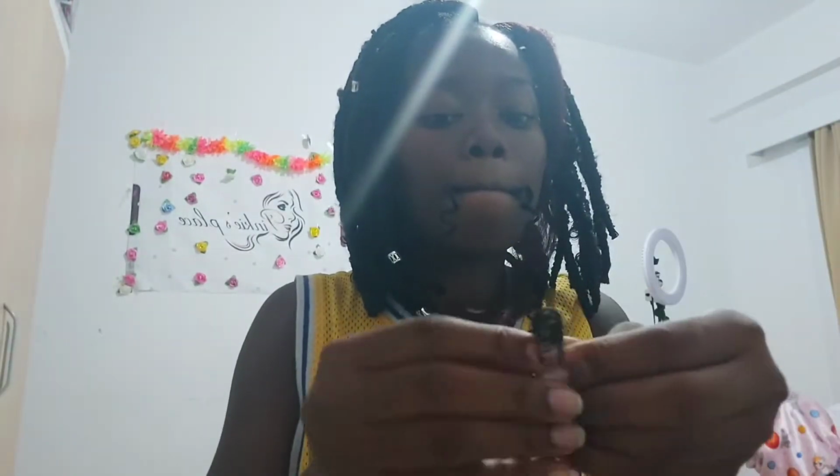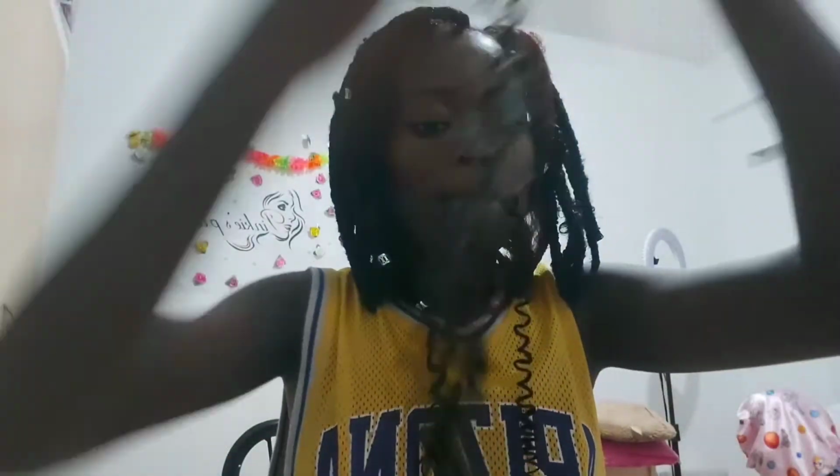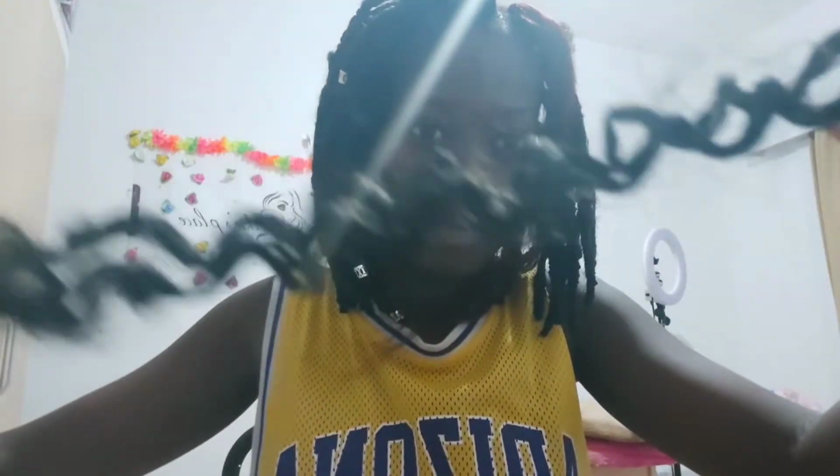It's not necessarily a crochet weave, but that was the closest thing I could find to improvise with because I wanted to make this hair so bad. So now I'm unraveling it. I'm splitting them into two to make them look ruffled. Yes, and now I'm done with the unraveling, and now I'm going to be crocheting that